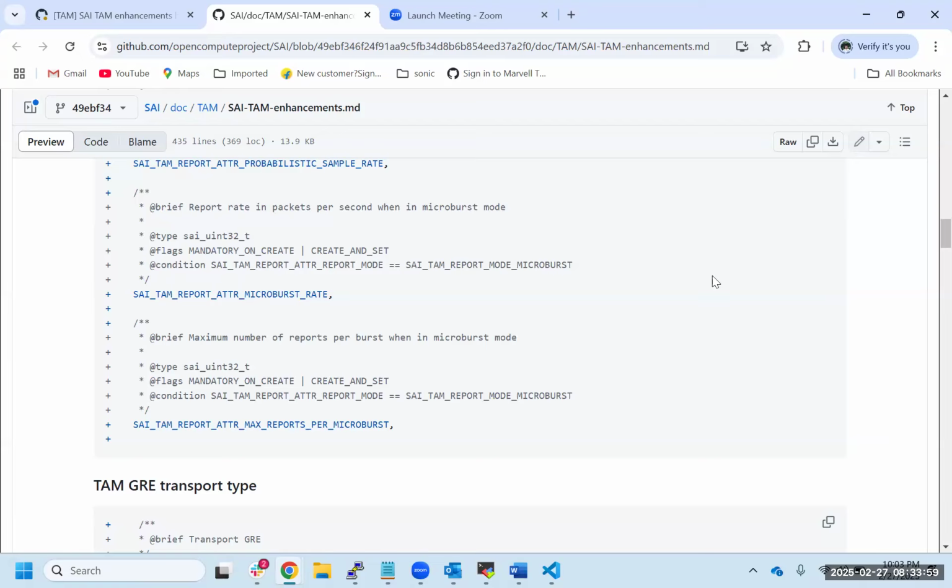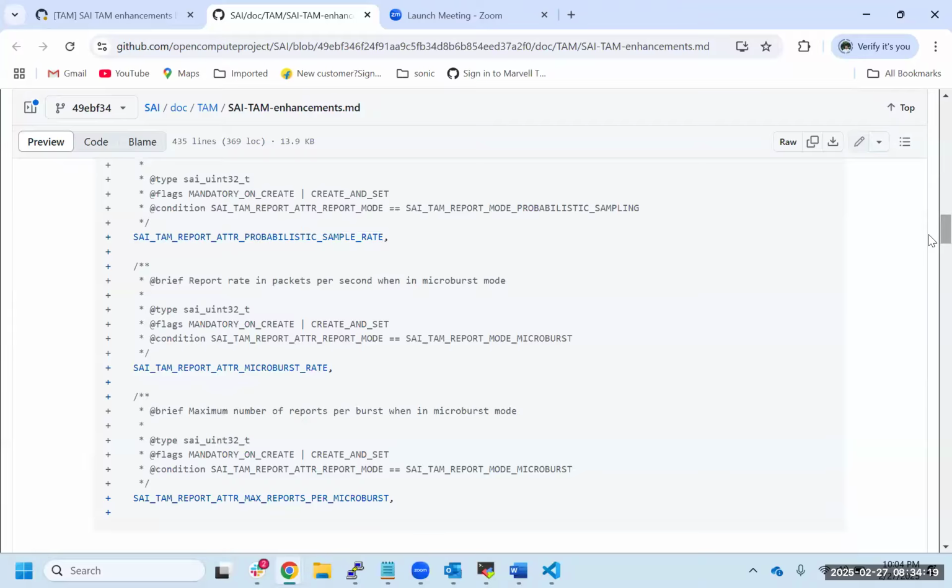So I think you can create a two rate single color policer essentially. Correct. So maybe what you're saying is to have a report data which will point to a policer OID, a policer object. Exactly. Yeah, that's simpler. Then it's very easy to model and very easily understood. The mental model will be a lot simpler.